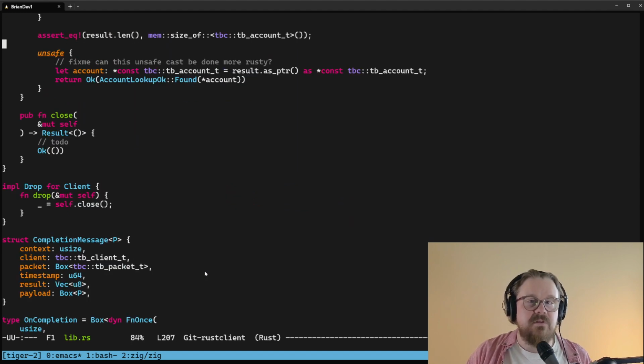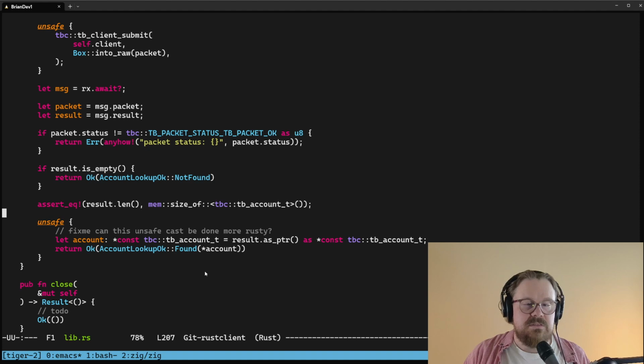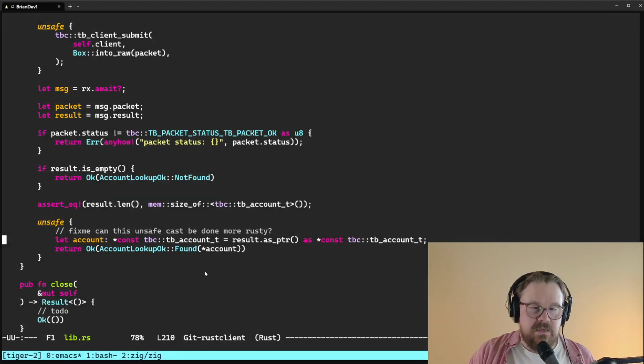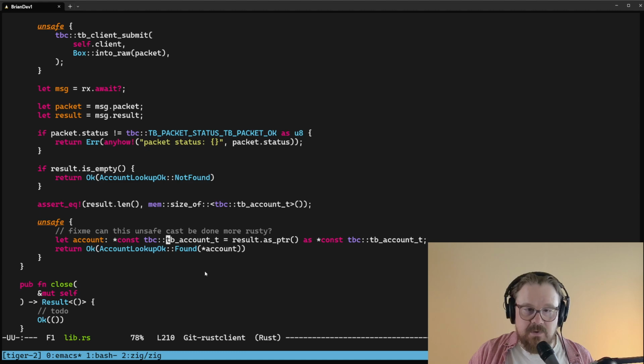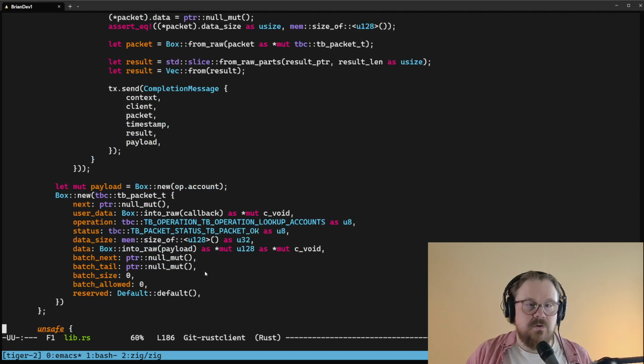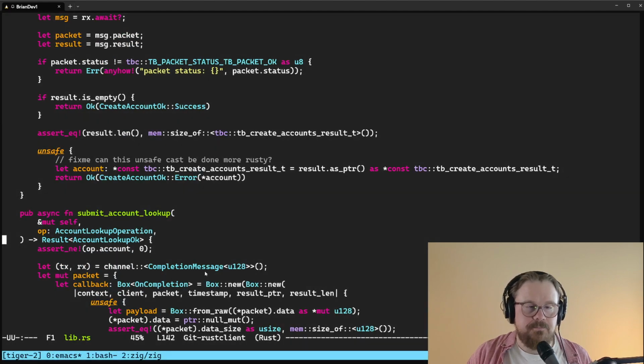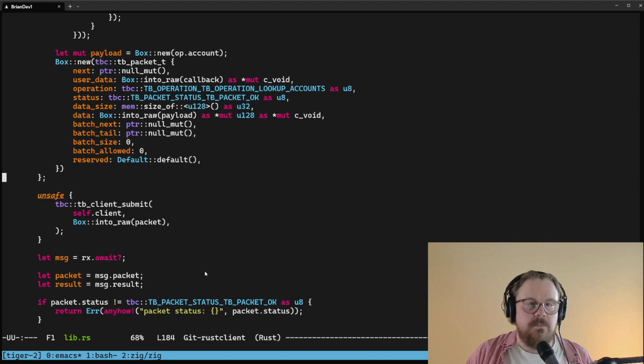And inside of the TB account, the account lookup result, clearly there's going to be an ID inside of this TB account type, and we use that ID to correlate with the ID inside the account lookup operation. So